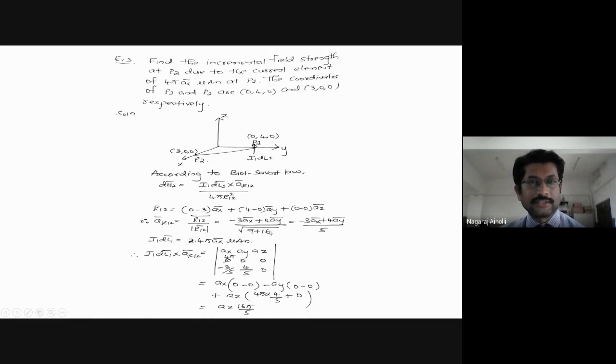So like this, they will twist the problems in the examination, right? And the values may change. Even though the example remains the same as what is available in the text, the values will change when they ask it in the examination. So don't directly start the solution thinking that it's the same example given in the textbook or solved in the class. They'll be twisting the numericals, and they will give different values.